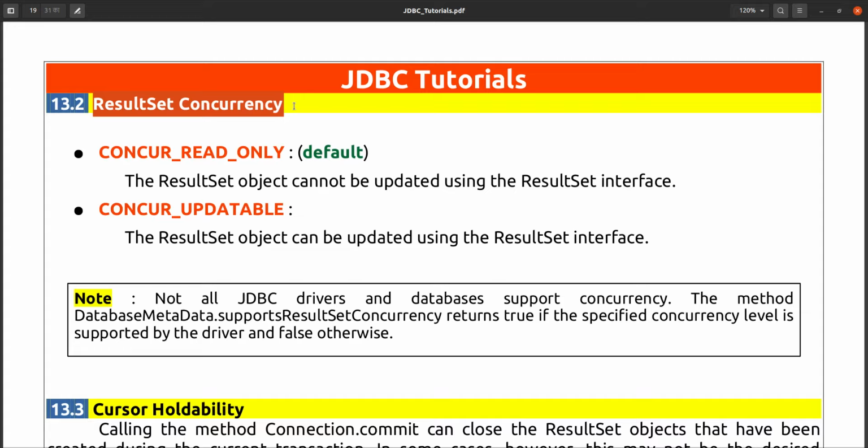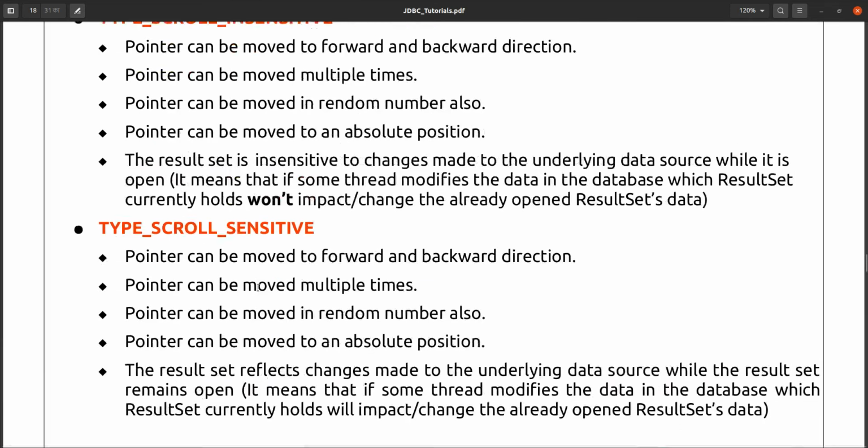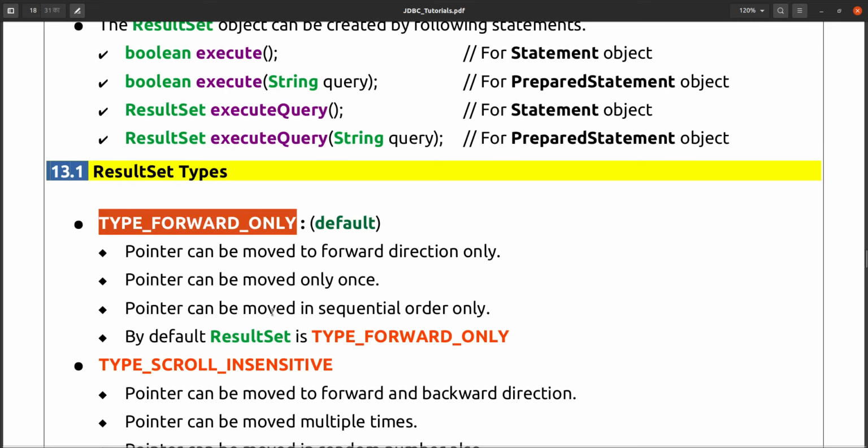Updatable means if you update any record, any column value, then that value is directly updated in the table. That is an updatable result set. If it is read only, you can only read that result set, you cannot update it. By default your result set is concurrent read only and type forward only.